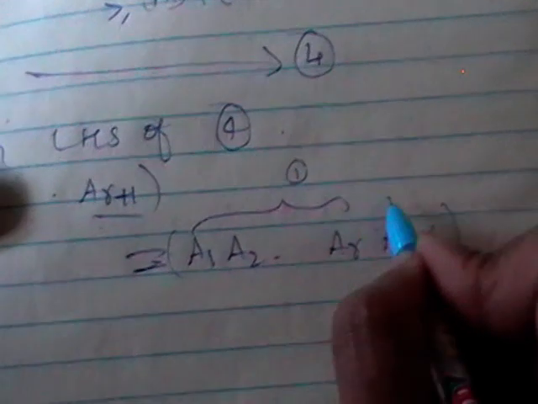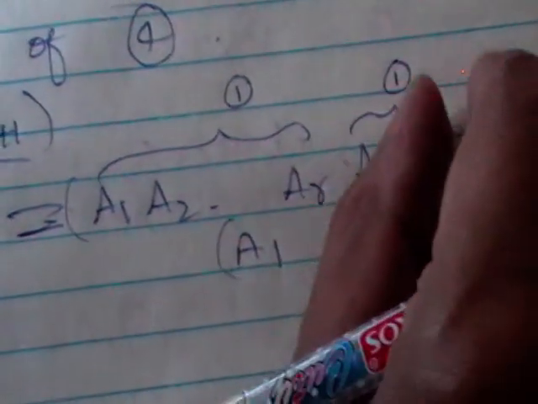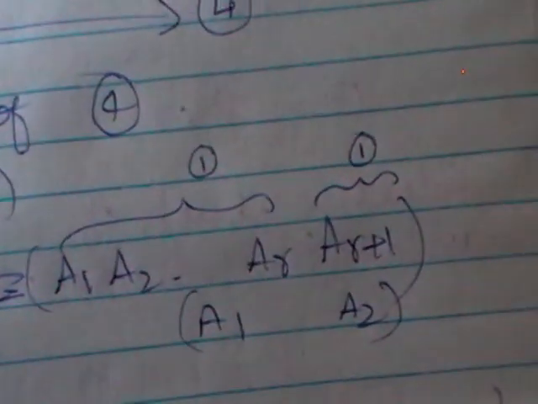Let us consider all these as one unit, one vector class, and this as another. So we can write this in the form of bracket a1 a2. I have considered up to r terms as a single term, and the last term as another term. We know that bracket a1 a2 is